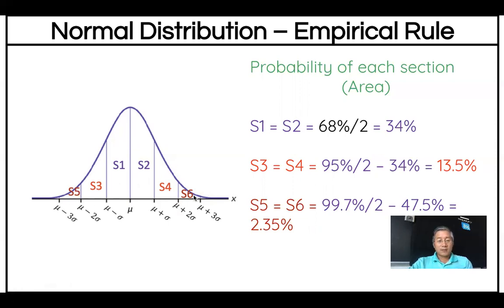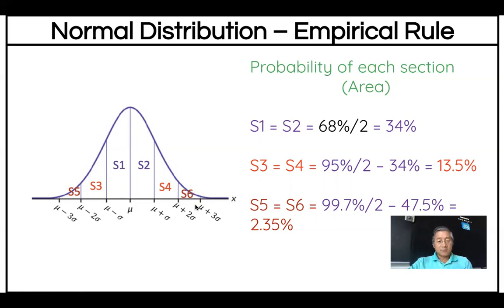How do you get S5, S6? Again, the three standard deviation range is 99.7%. If you divide by 2, you will have half of this. After that you subtract the 34% and the 13.5%, together 47.5%. If you subtract, you get 2.35% of data in here. So 2.35%, 13.5% here, and 34%. Here also 34% in this range, and here 13.5%, and here